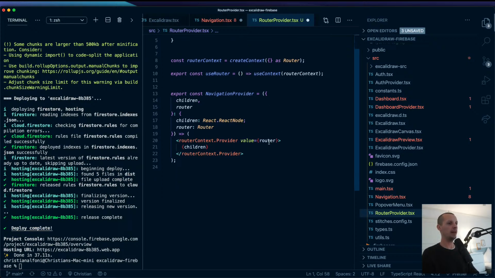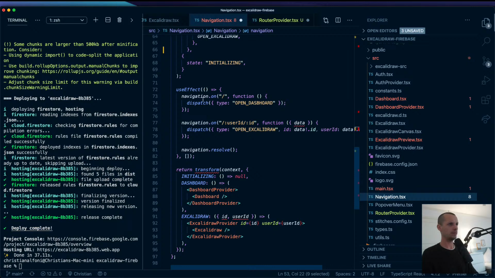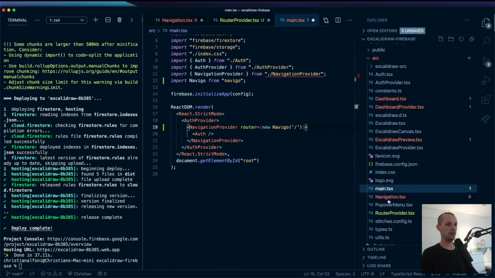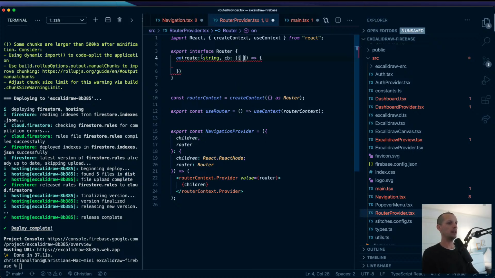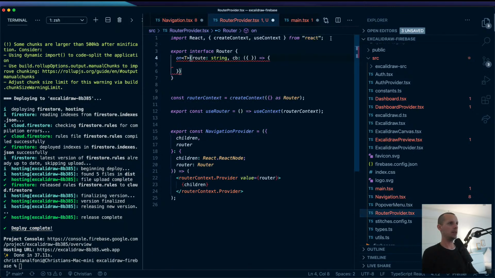express routing. And basically what we need to do that is, and we can be inspired by the Navigo API here. So let's see how we're doing this. We have an on function which takes a route and then a callback, and then we also have a resolve. Okay, so we need those two things. So we need on route, which is a string, and then we have callback, which should take, what does it take? Data. We can actually make this generic, data would be T,